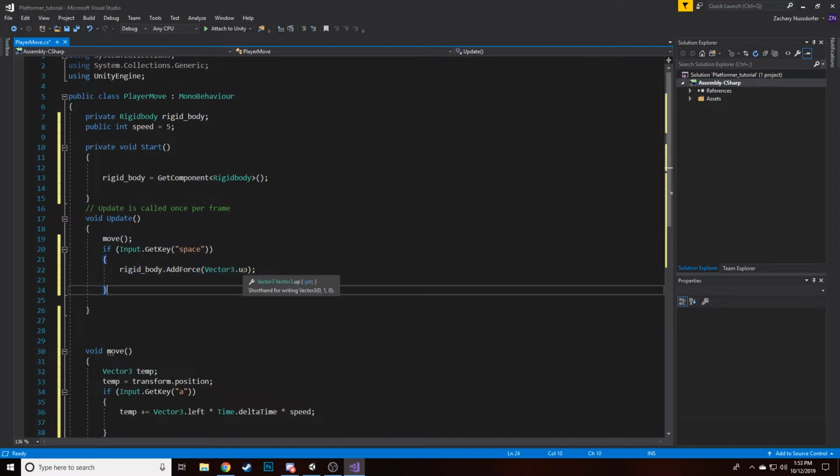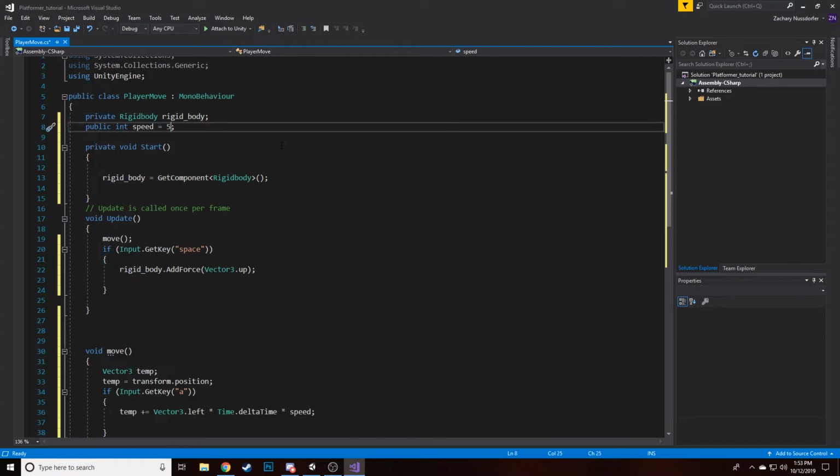Right now the force is just 1, but we might want to increase that later, so we're going to create a variable to help us change the force on our object. So let's go over to our ints and we're just going to make a comma and say jumpForce. And right now we're just going to set it to